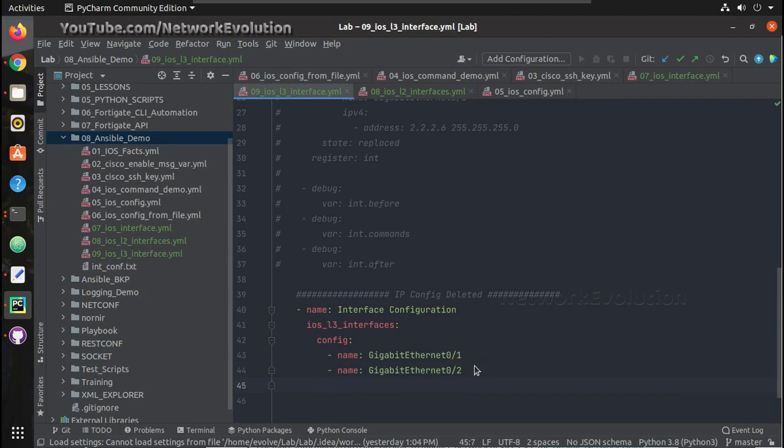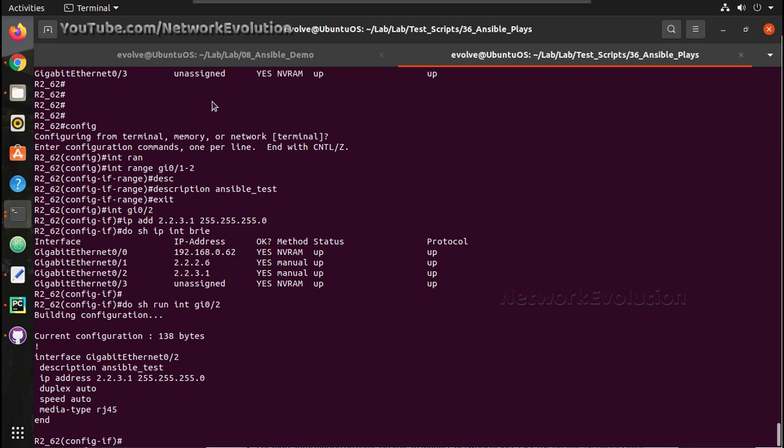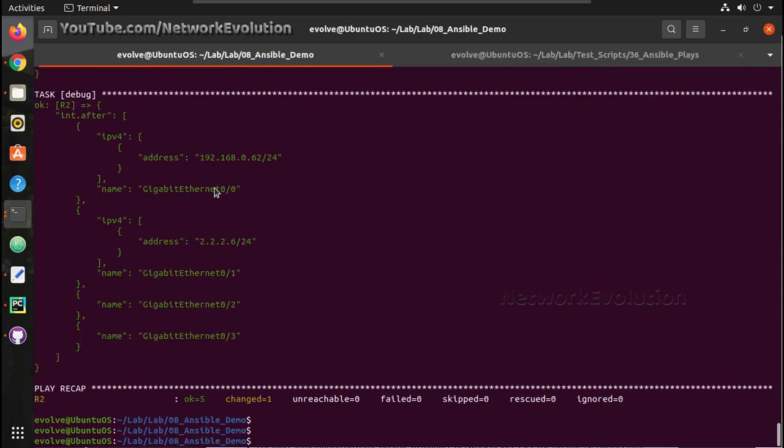Now we will try giving the state as deleted. Let's try running this playbook.